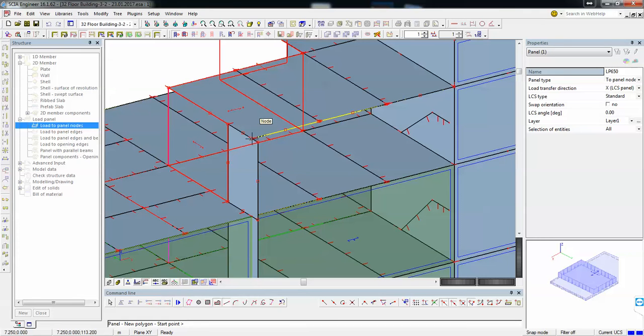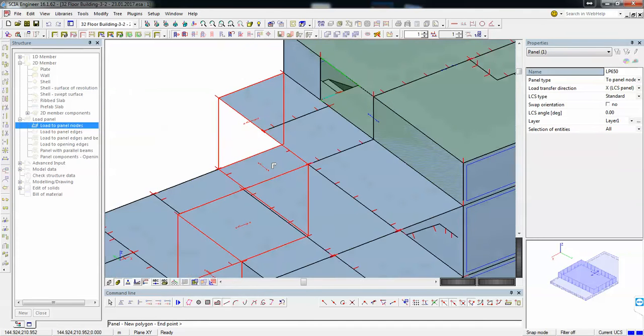Okay, and on this area we also need to enclose it somehow.